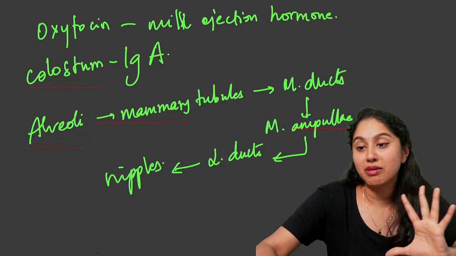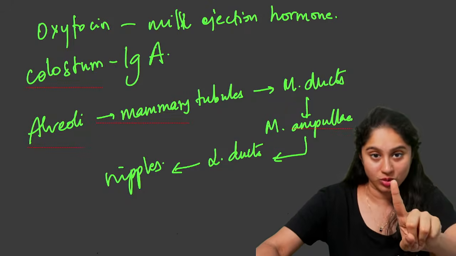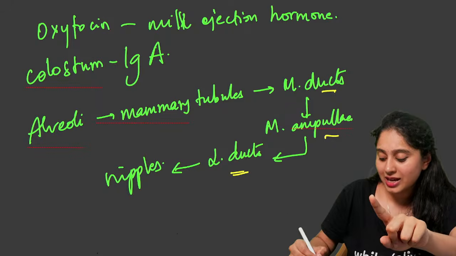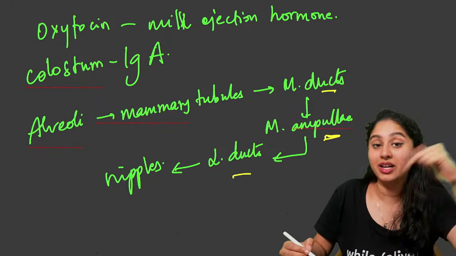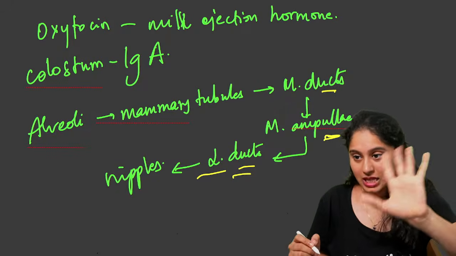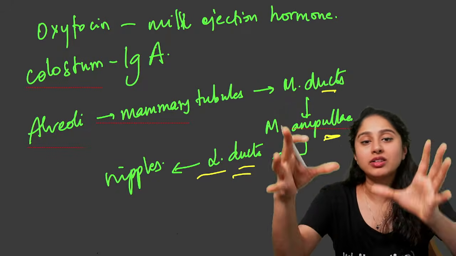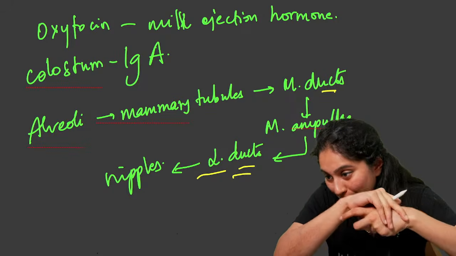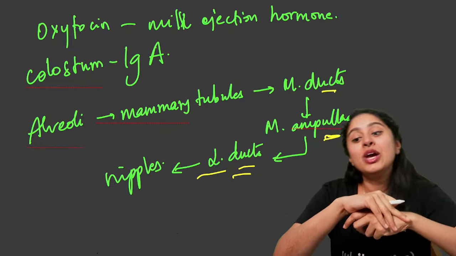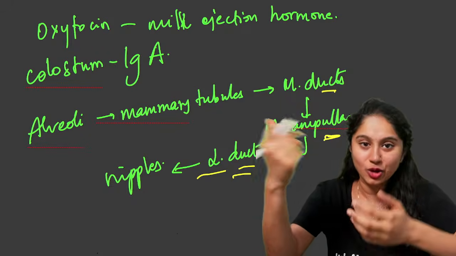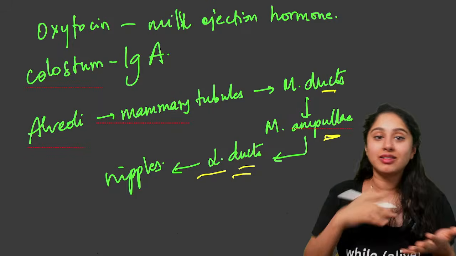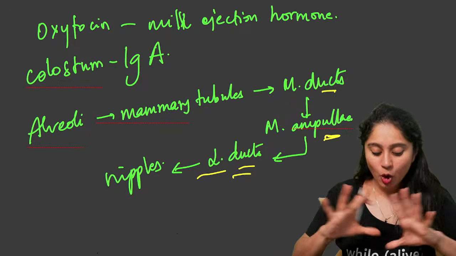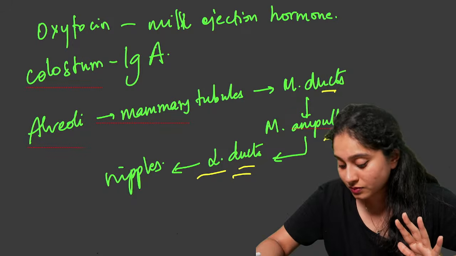See, how I used to remember is from the alveoli, we have tubules, right? Tubules, ducts, ampulla, duct. So the next duct after the ampulla will not be a mammary duct again. It will be a lactiferous duct. So you can just remember tubules to duct, duct to ampulla, ampulla to duct, and then duct out into the nipples. Okay. Like Tarun is saying, we cannot have mnemonics for every single thing. Then you will have a separate master list to remember all the other mnemonics separately, which is difficult. So we will not go into that. But I hope this entire thing is clear to all of you.